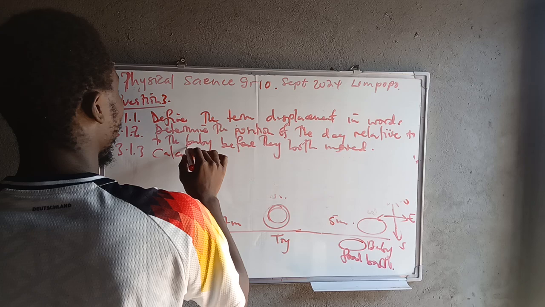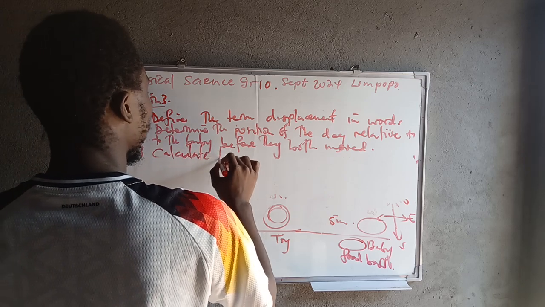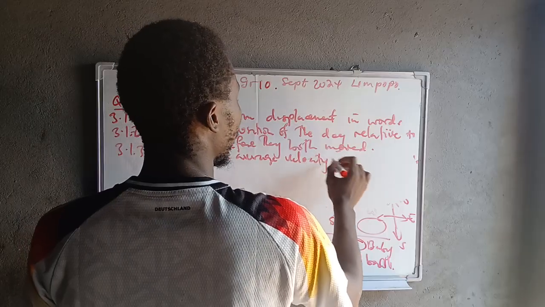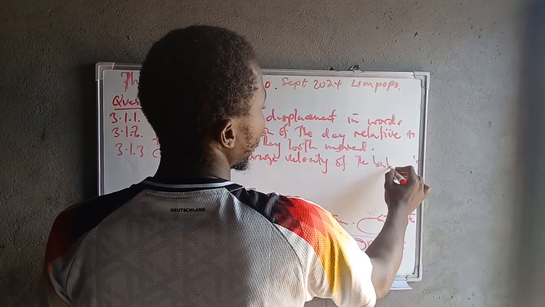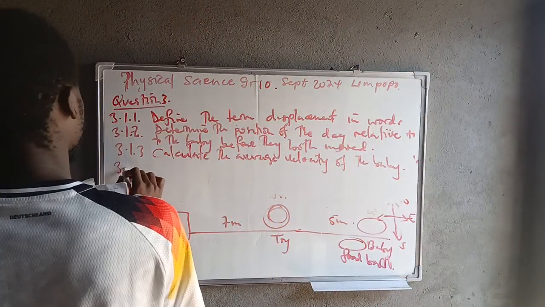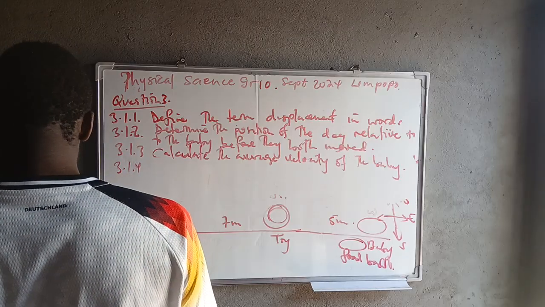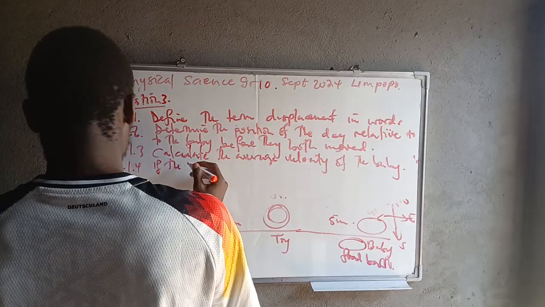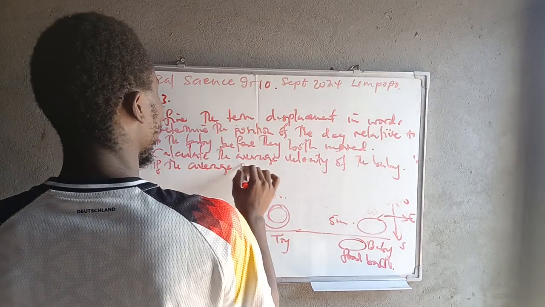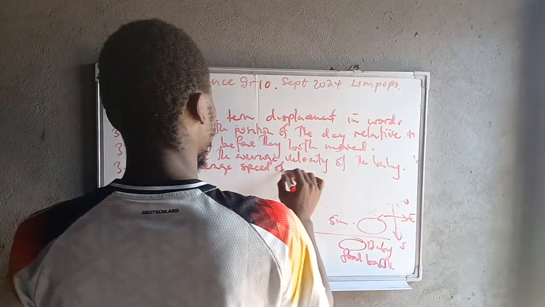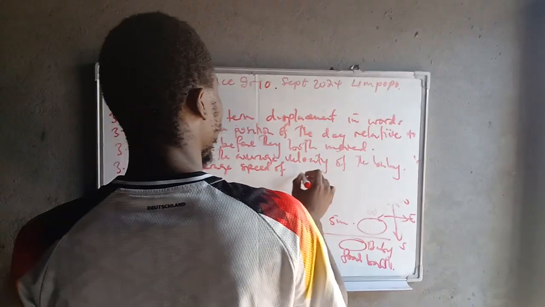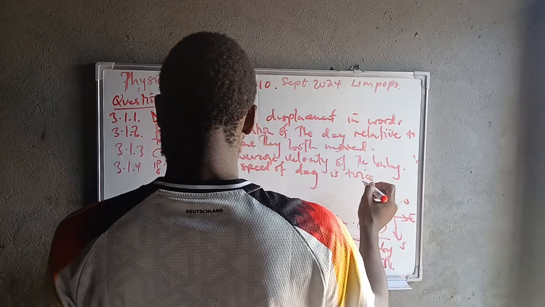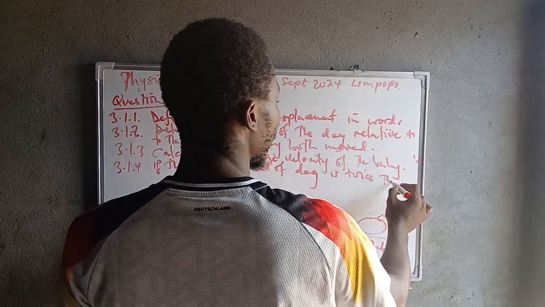Calculate the average velocity of the baby. Then if the average speed of the dog is twice that of the baby,